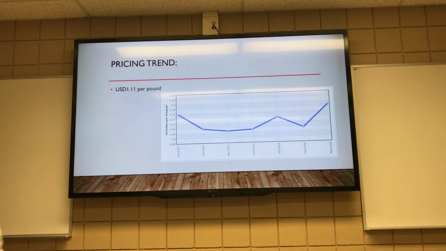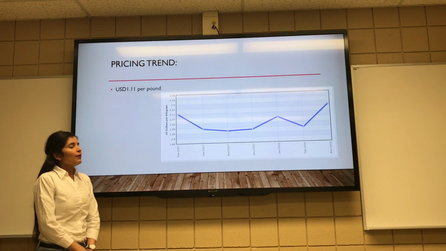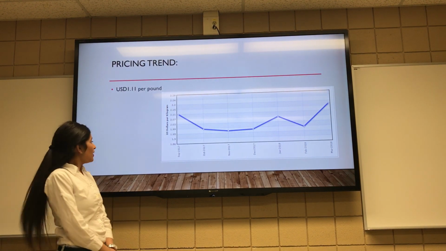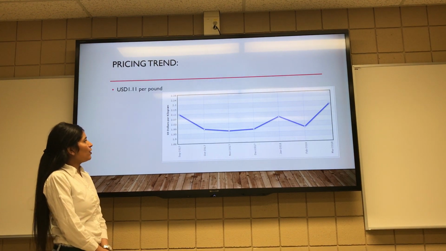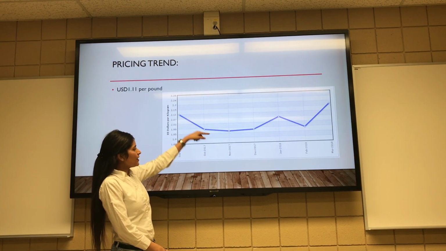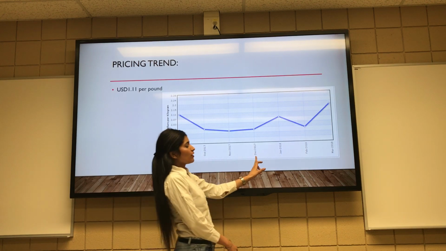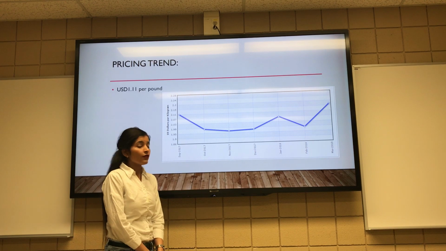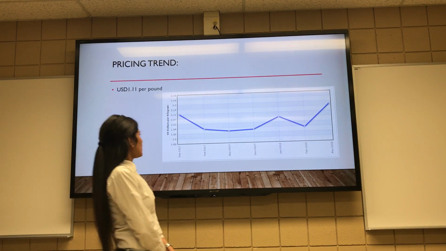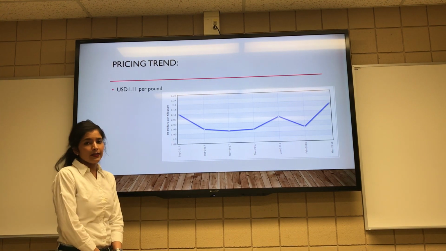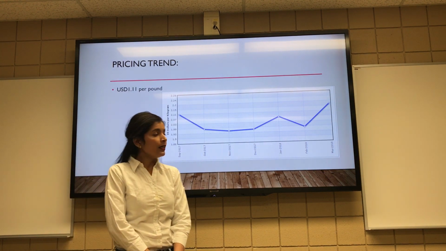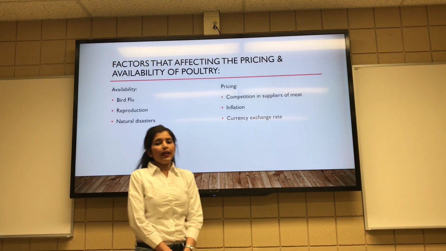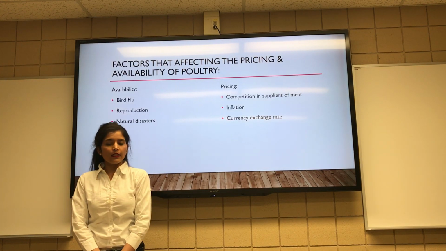Thank you, Tejas. So I'm now discussing the pricing trend for poultry. As we can see from this graph, in September 2017 the value was 2.11, then it decreased from October 2017 to December 2017 to around 1.99, and it increased in January 2018 to about 2.07. In February it was the same, but in March 2018 the value was more than 2.15, and this variation may be due to seasonal demand.